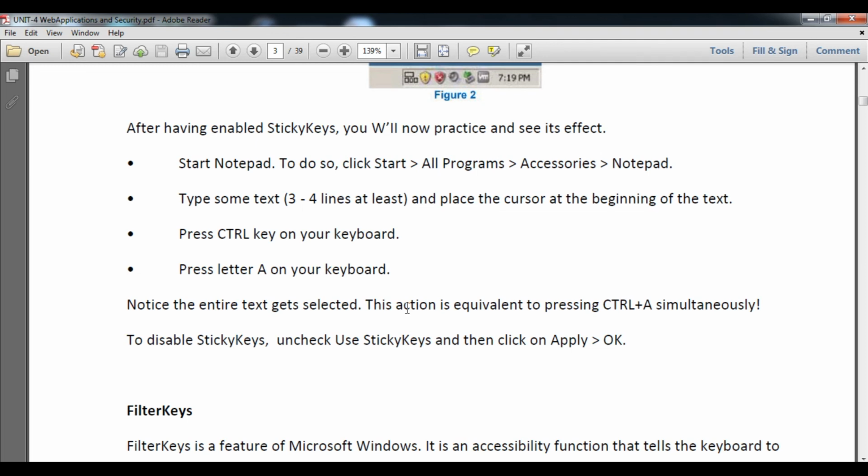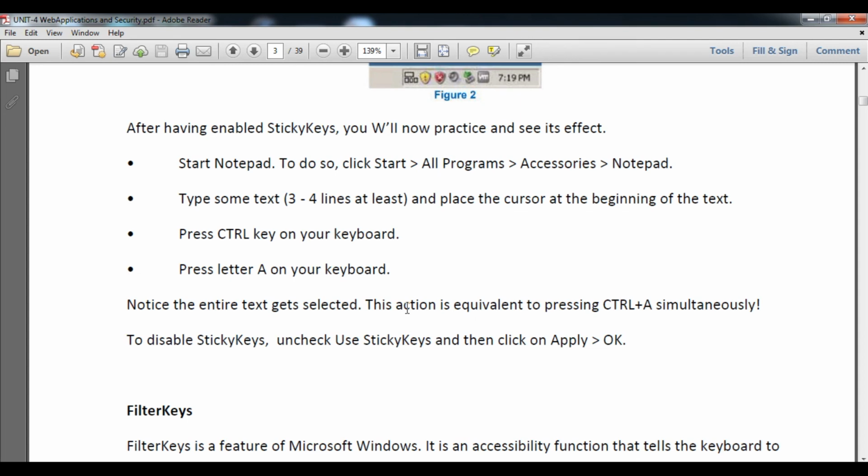You simply press the Control button once, and then after a few seconds press the A button, and the computer automatically considers you have pressed Control plus A. Same way Control plus S also.